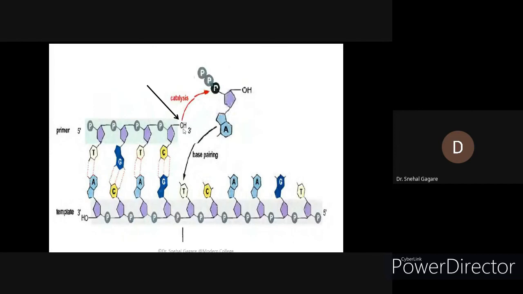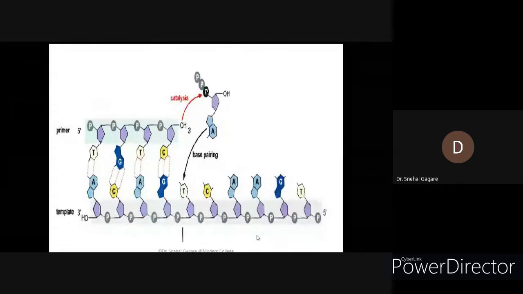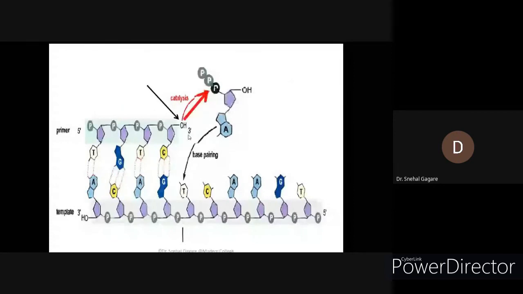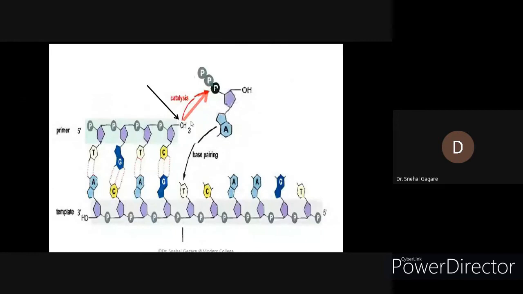It is acting on the alpha phosphate on the nucleotide, and then after the nucleophilic attack of the 3' hydroxyl group on the 5' phosphate, the alpha phosphate, a nucleophilic substitution reaction occurs. So this hydroxyl group is attacking this phosphate, forming a phosphodiester bond between the previous nucleotide and the newly added nucleotide,